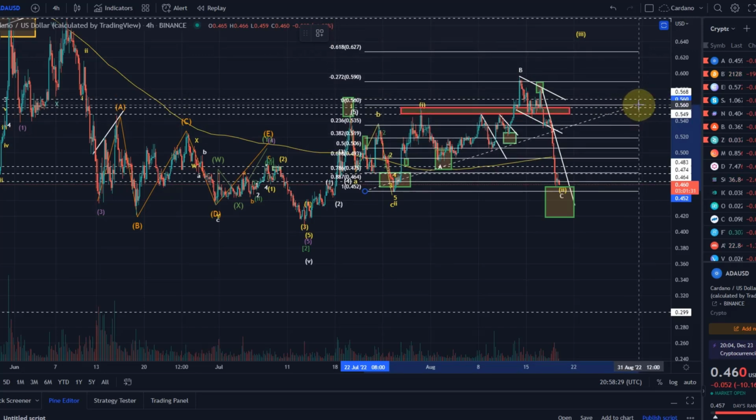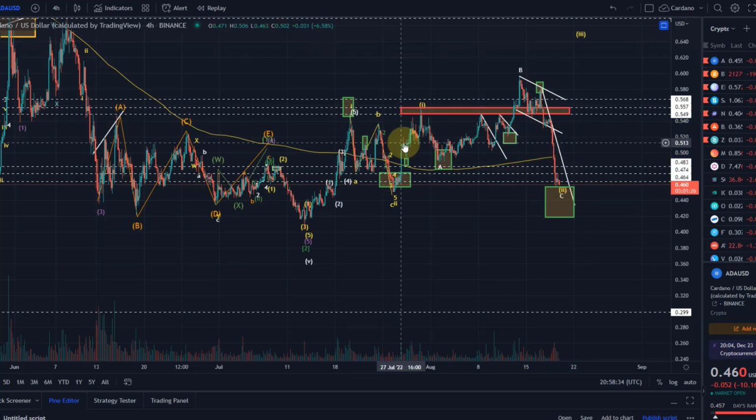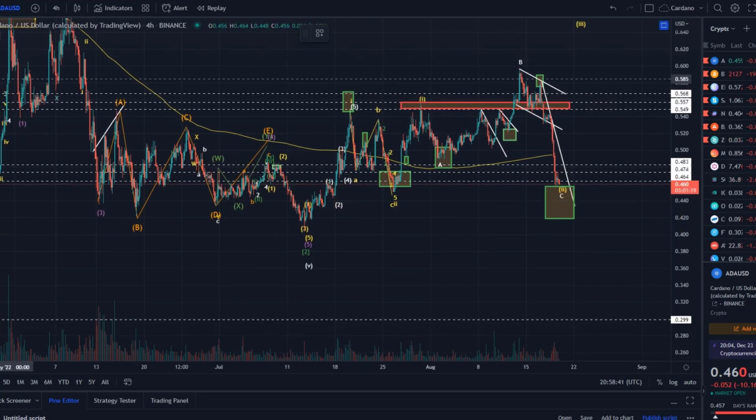So in this scenario, we talked about this scenario. Again, there's two scenarios, sorry. There's one where we have this exact scenario that I just showed you. But in this particular scenario, we need to hold the 45.1 cent level. If we go below 45 cents, then we need to reverse now to the upside. I think that is not too realistic, to be honest.